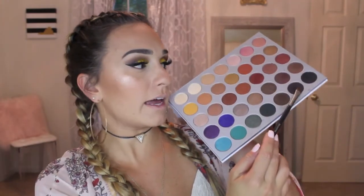Okay, where were we? For my bottom lash line, I'm going to go in with, I think, the darkest color I used. So like this guy, I guess. No, this one. I'm going to use this one. And this is going to go as...